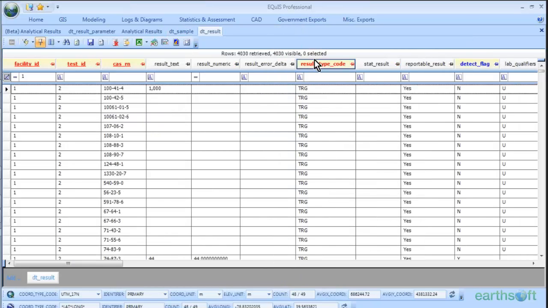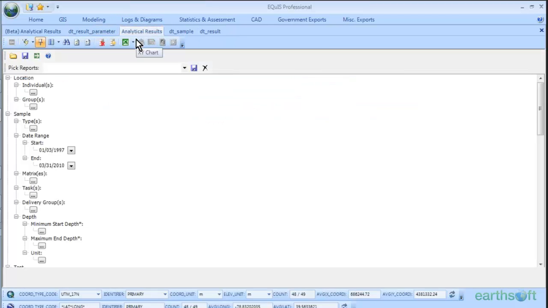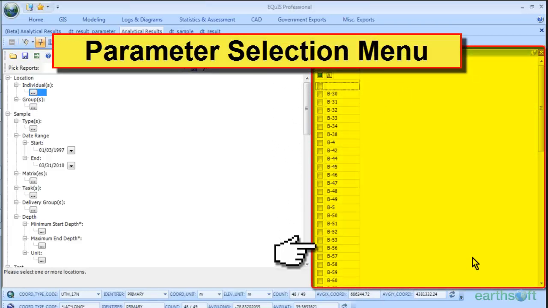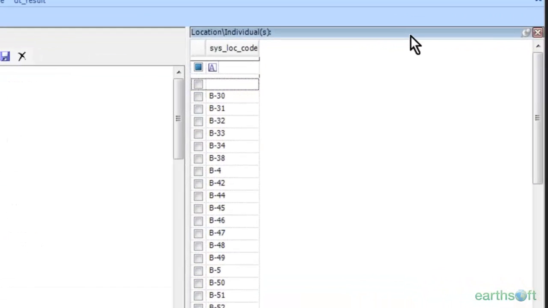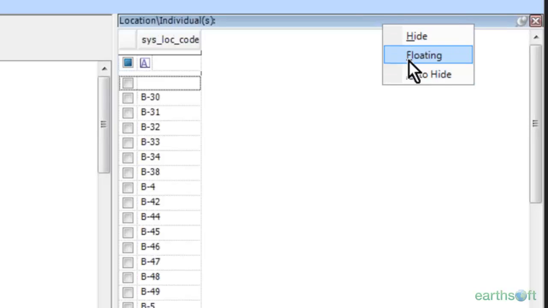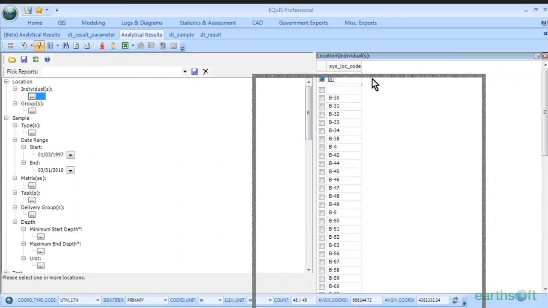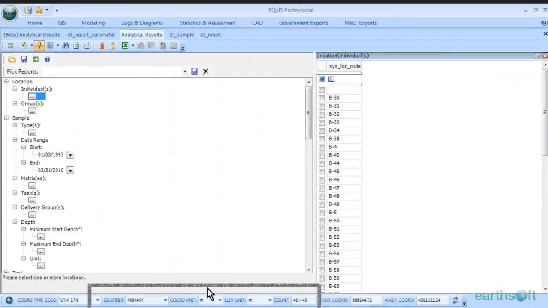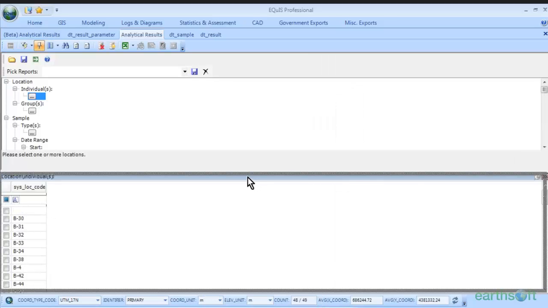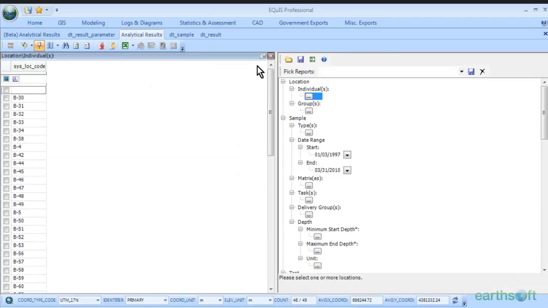Let's see. Last but not least, last thing we want to look at is our report parameter selection menu. So this is the parameter selection menu here. If you right-click on the toolbar here, you have some options. You can hide it, you can float it, or you can auto-hide it. You can grab it, you can bring it to the bottom if you prefer to see it at the bottom. You can throw it on the left side instead of the right side. You can hide it. A lot of things,